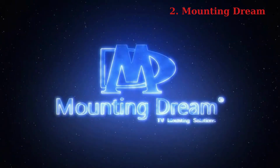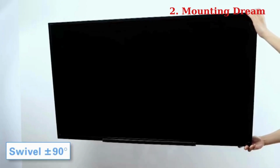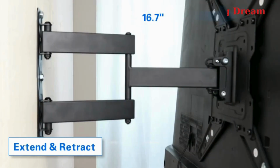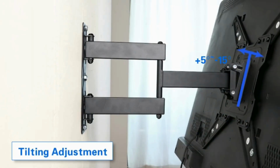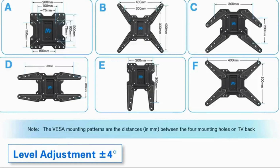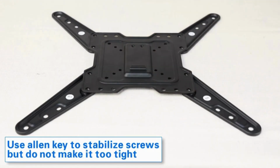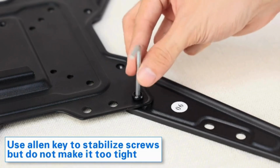2. Mounting Dream. The TV wall mount is compatible with most 26 to 55-inch TVs weighing up to 77 pounds and supports VESA mounting patterns from 75 by 75 mm to 400 by 400 mm, featuring a central design for perfect alignment. Offering full motion capabilities, it tilts the TV up 5 degrees and down 15 degrees to eliminate screen